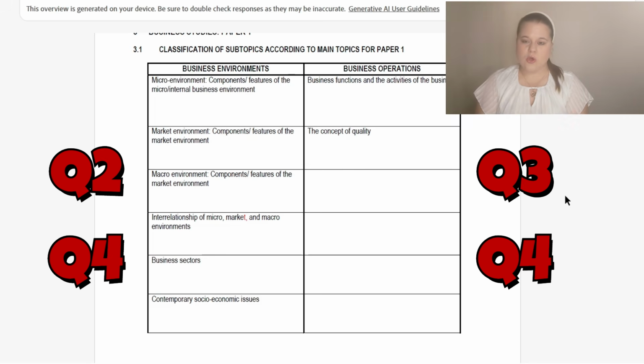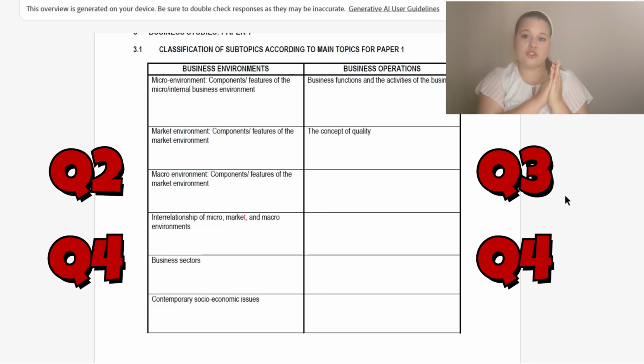Right, so in this section, my advice to you would be, when you are studying, already map out and plan which sections are easier for you to remember, which come more naturally to you, which are easier for you to understand. In my personal opinion, I would choose business environments just because I enjoyed them so much when I was doing it in school, as well as when I was studying. And for me, they come a bit more naturally, which I do believe it comes like that for most students.